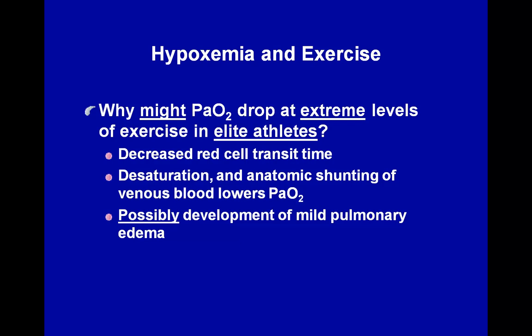So they may not be able to fully saturate their blood with oxygen. And remember, they're extracting a great deal of oxygen from their blood. So their mixed venous oxygen is very desaturated. So that desaturated blood, a portion of which goes through our anatomic shunt, is going to reduce the arterial oxygen